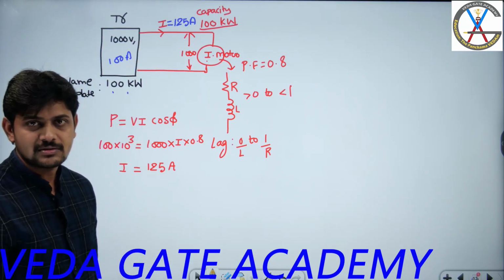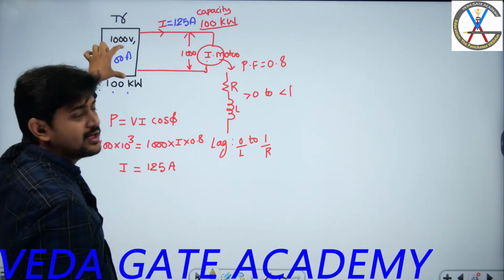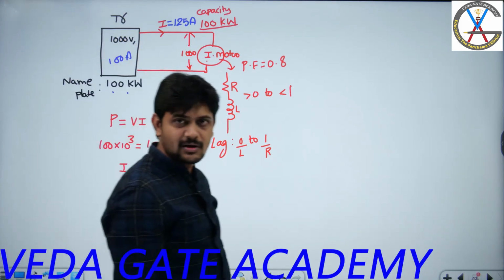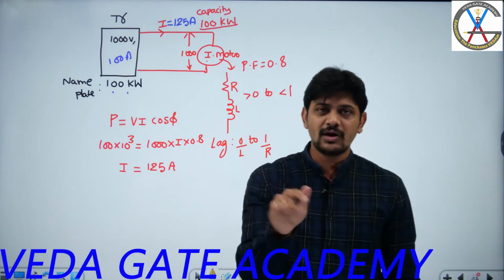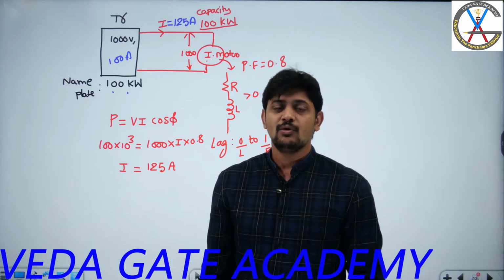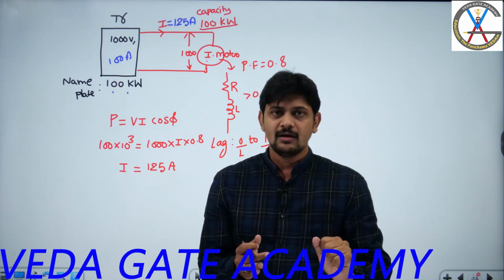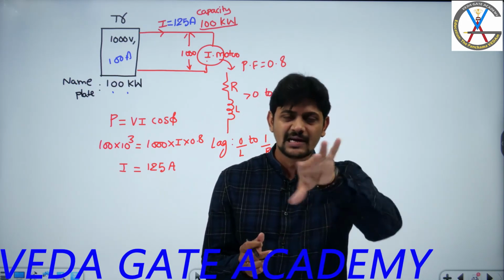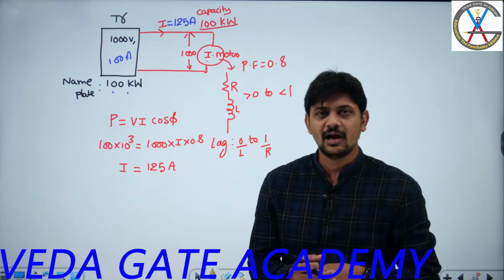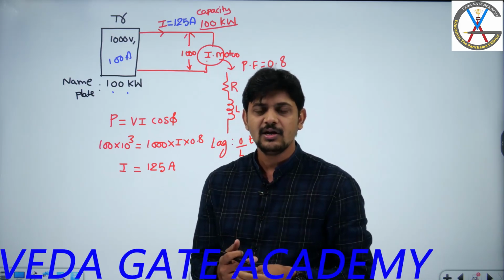125 amperes. So what will happen? Obviously 125 amperes is more than the rating of the winding of the transformer. So overheating of the winding will take place. Copper losses become excessive. Overheating occurs, and at some point if the winding crosses the melting point, then obviously damage to the transformer is going to occur. Are you following what I am conveying, guys? So that is the reason.